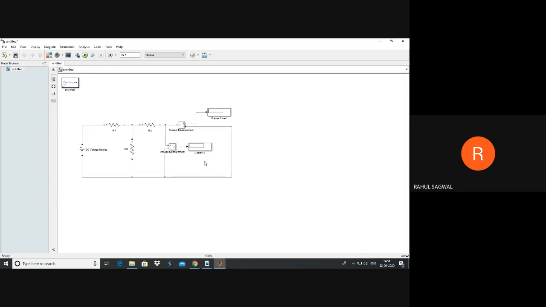Can anybody respond? What will be the value of voltage here in this display block? Zero, right? Because we have short circuited this load branch. So after a short circuit, this voltage is zero, and only the current will be shown by this display device. That current will be the short circuit current, or you can say equivalent current, ISC, for Norton's circuit, right?